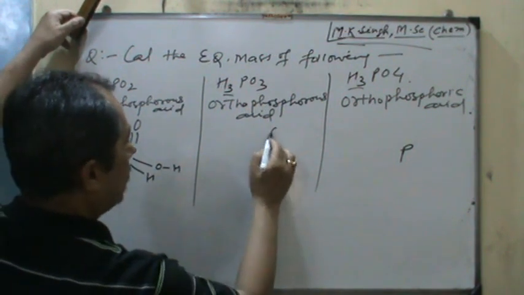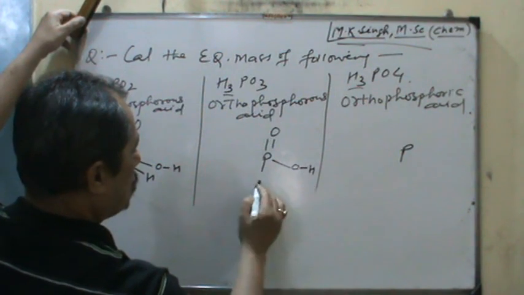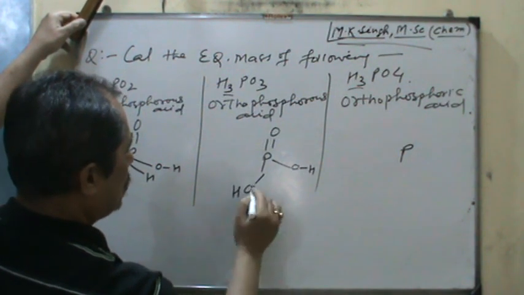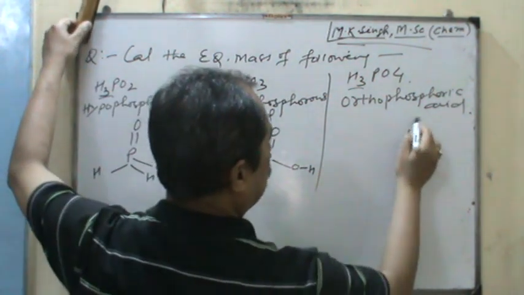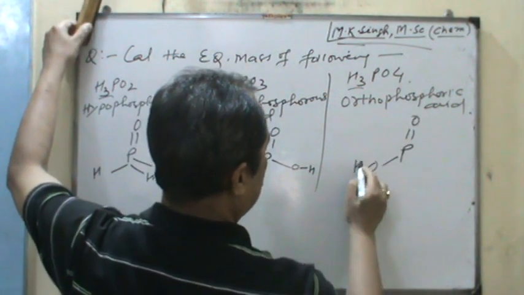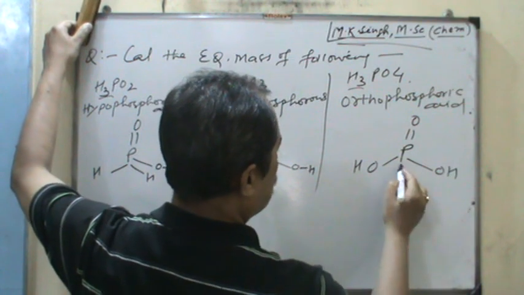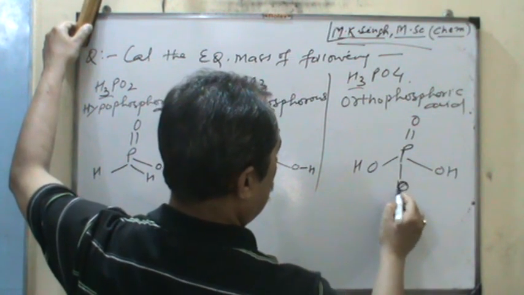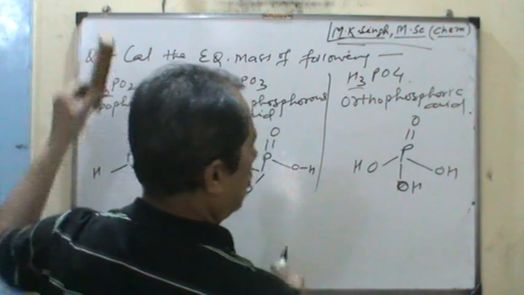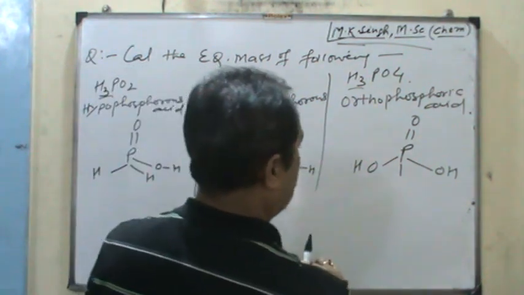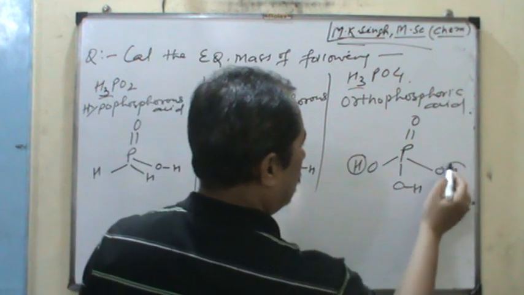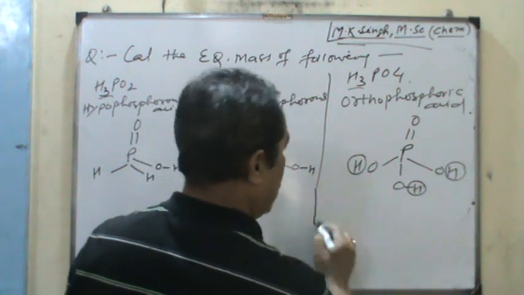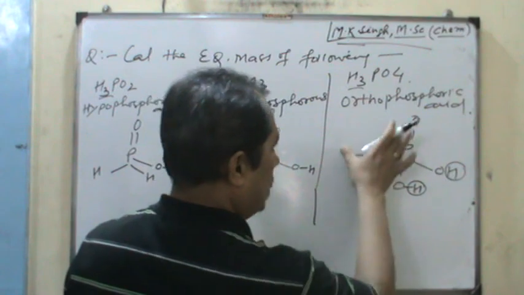Here again OH, and it is the H. Another structure, finally OH, and what is there? OH. Right. So the way you can calculate the H linked to the oxygen is the equivalent mass, which can be